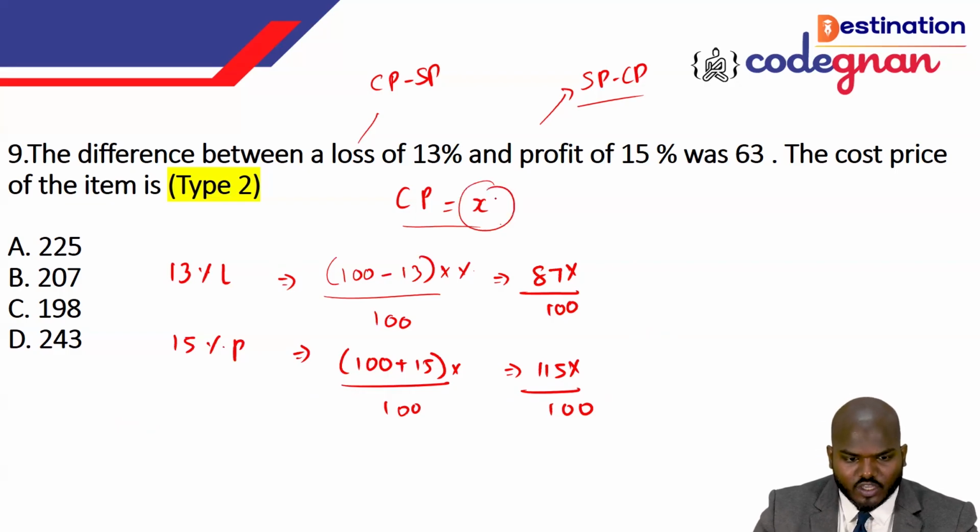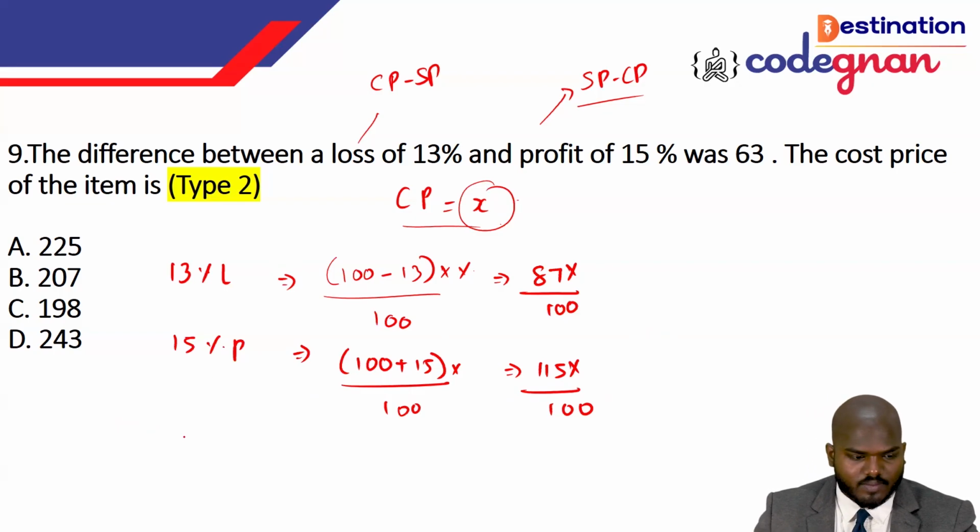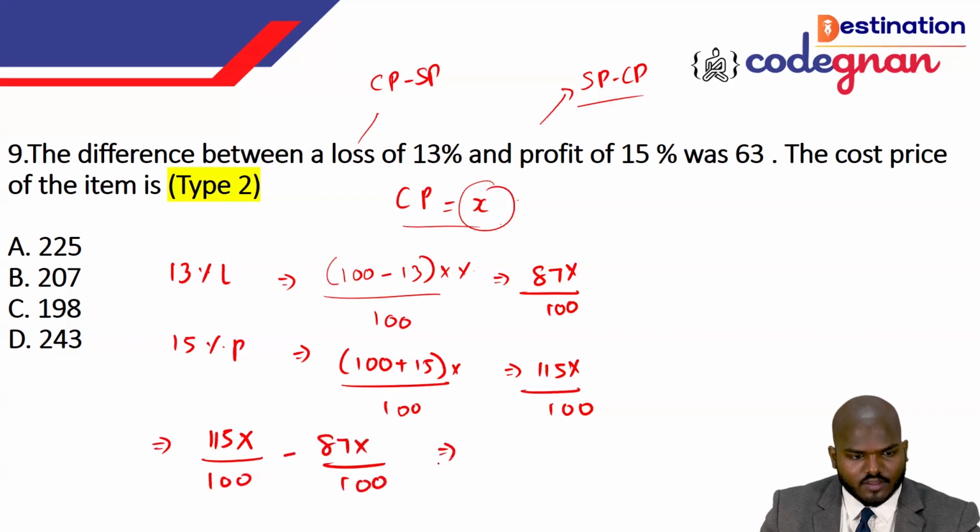Because you want to find out the cost price, right? With respect to which cost price only we are dealing here, so we are taking the x over here in the place. According to the question, that is 115x. So that highest value is profit only. So I'm saying here that it is definitely going to be something like a value. That is 100 minus 87x by